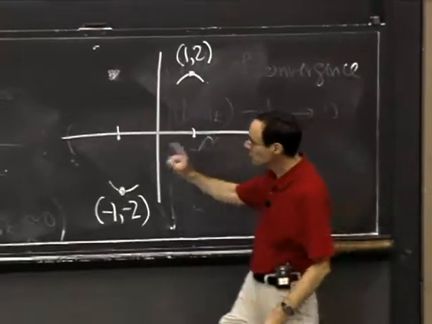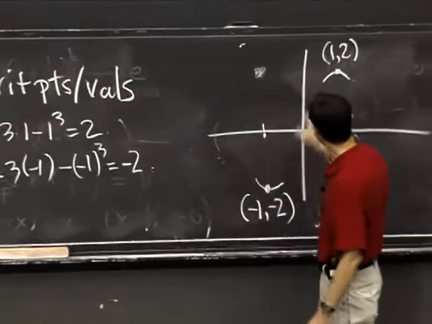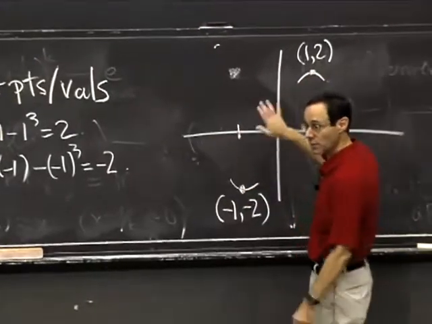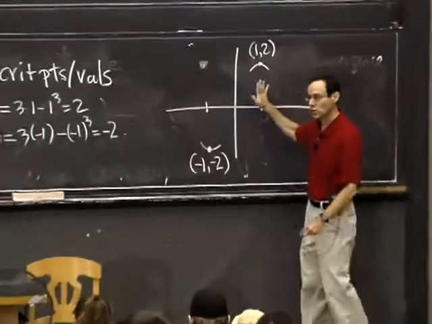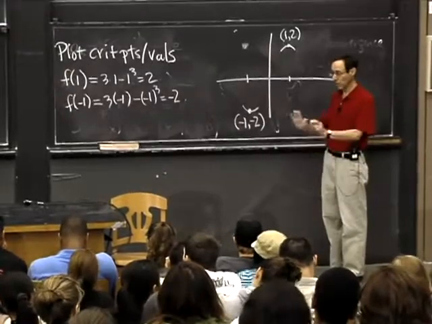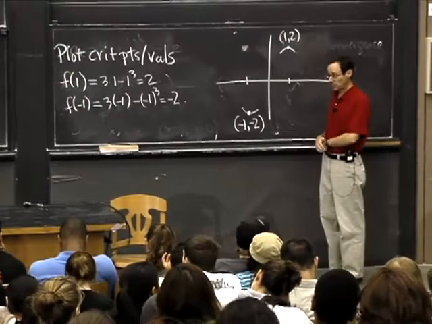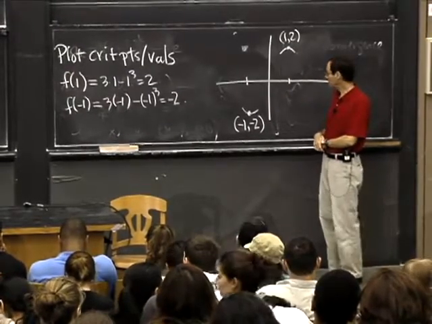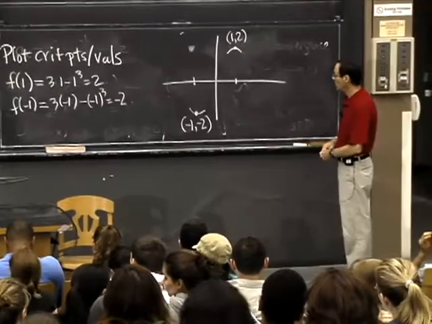Okay, but I didn't just use the fact that there was a turning point here. So actually, I was using the fact that it was a turning point. I wasn't using the fact that it had a second derivative, though. Okay, for now. You can also see it by the second derivative as well. All right? Now,